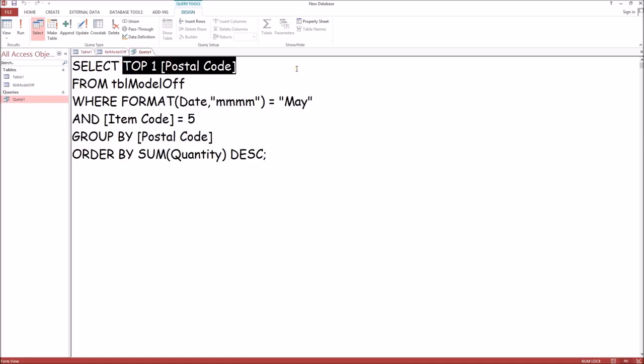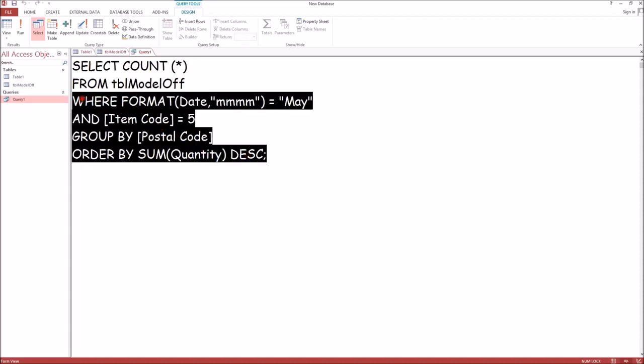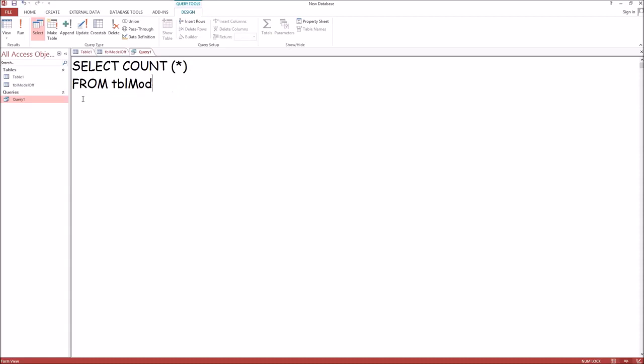Let's do select count all from. In this case, we need to create another subquery, which is a little involved, but not too bad. From select postal code from our table